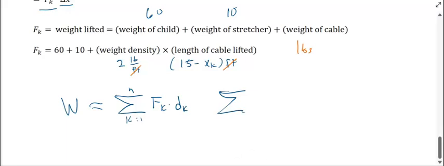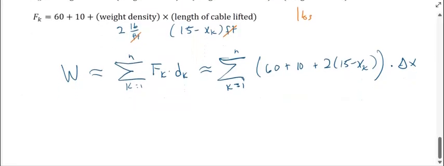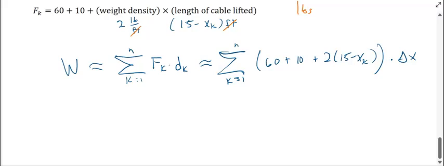let's say approximately equal to, we're making some approximations here that will get better and better as we increase the number of subintervals used. But that is going to be our force function as indicated up here is going to be 60 plus 10 plus 2 times 15 minus x of k, and all of that is times delta x. All right, let's just clean that up a little bit and then combine like terms. So this sum is going to turn into,